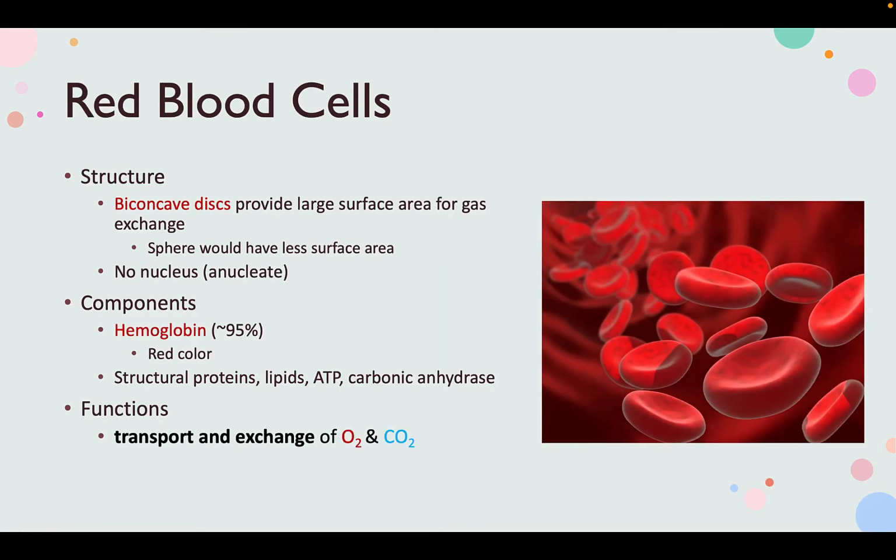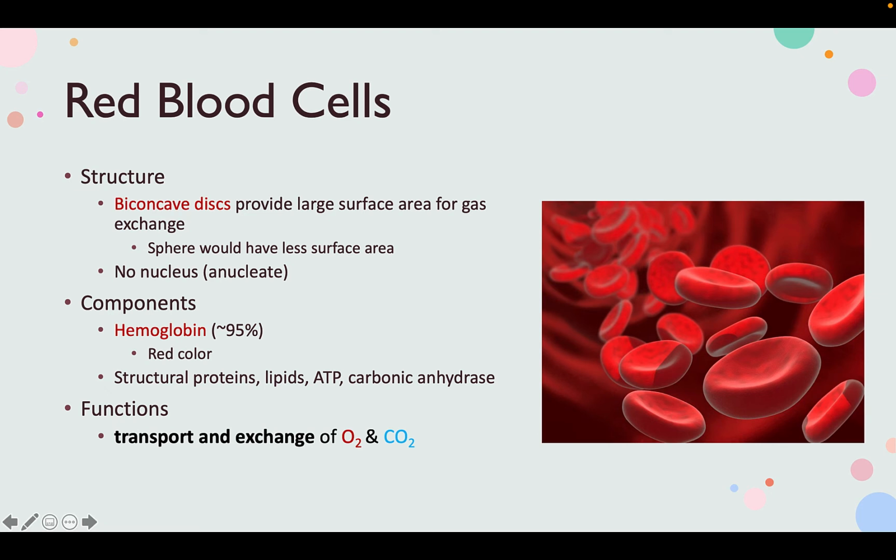So red blood cells, their structure is biconcave, and they're like little discs. This promotes a large surface area for gas exchange. A sphere itself would have less surface area, and this little divot increases the surface area for oxygen to hang out. And there's no nucleus, they eject it. They are anucleate, in mature red blood cells at least, ones that